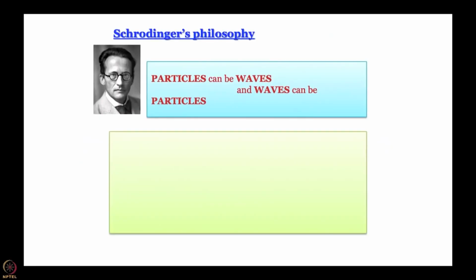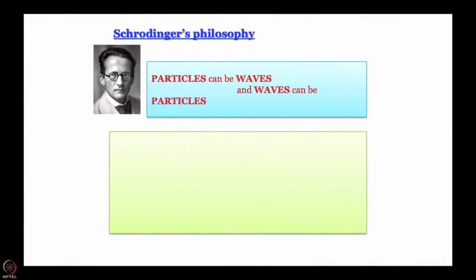With all this background, Schrodinger tried to develop a treatment for atomic structure. So, what did Schrodinger have in his hand? First of all, particles can be waves, waves can be particles, and there is duality, and when we say it like that, nobody understands anything anyway. So, he realized that you need a new theory if you want to explain the behavior of electrons, atoms, molecules and so on.